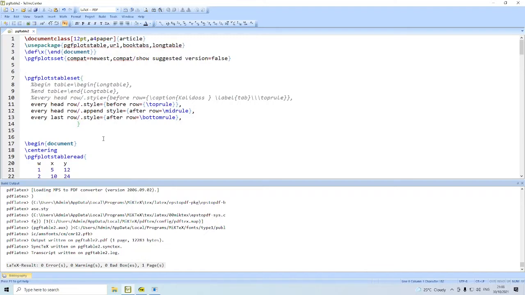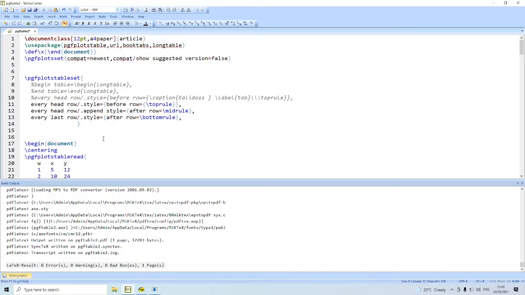I have seen many people trying an option like this: begin{table}, end{table} equal to \begin{table}, \end{table}. I did not find this to work correctly. However, \begin{longtable} and \end{longtable} works correctly. But my suggestion is, what LaTeX can do, you let LaTeX do it.